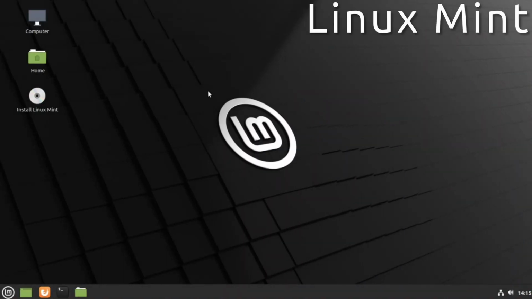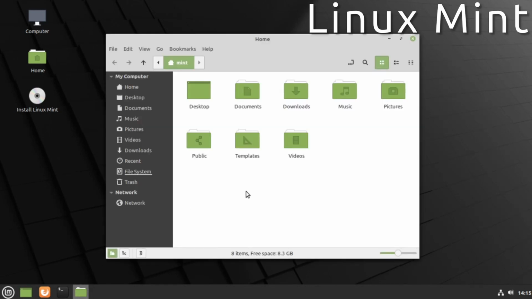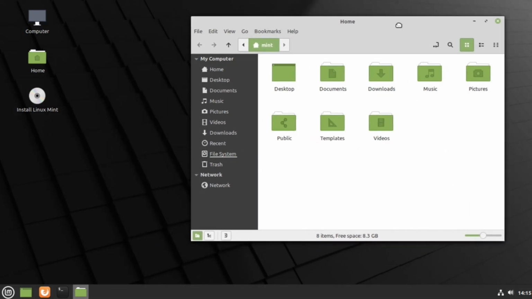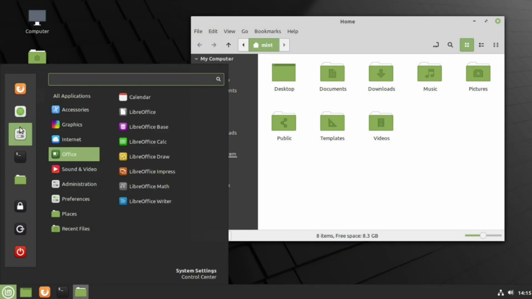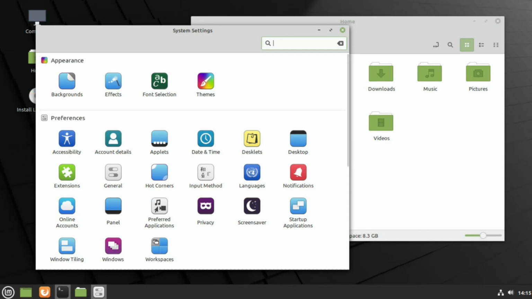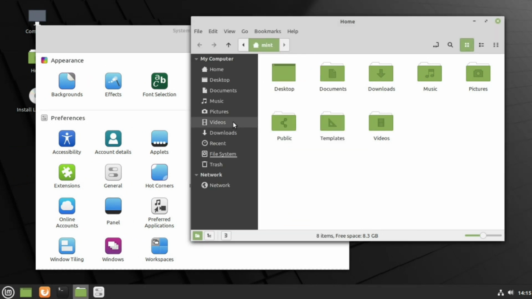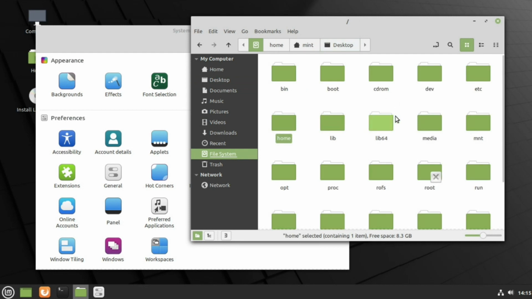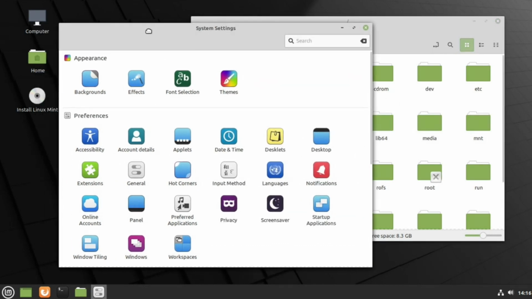Next on our list is Linux Mint Cinnamon Edition, and this has been my go-to Linux distribution for over a decade. It just works, and it has everything you need to get a running head start into Linux. The Cinnamon desktop environment is elegant and quite speedy when it comes to getting to everything you need. Now, this is a traditional desktop feel, so people new to Linux seem to have no issue at all when it comes to initially navigating the system, especially when it comes to setting up and customizing.